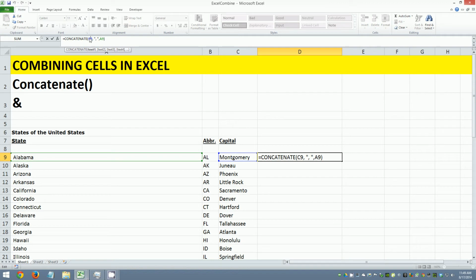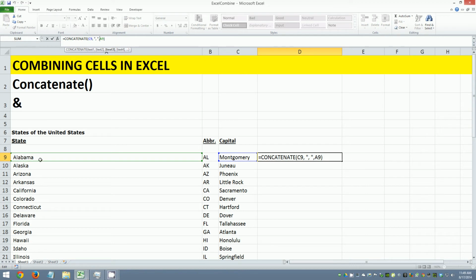And then as I mentioned before, I put a comma in there to separate each individual argument that I'm passing into the CONCATENATE function. In this case, it happens to be a comma and a space inside of two quotations. And basically what the quotations mean is it's telling Excel that I want to pass in literally words or text in there. So it can be a word or a sentence, whatever you want, as long as it's inside of two quotation marks. And then I separated it with another comma, and that last one is the last argument,